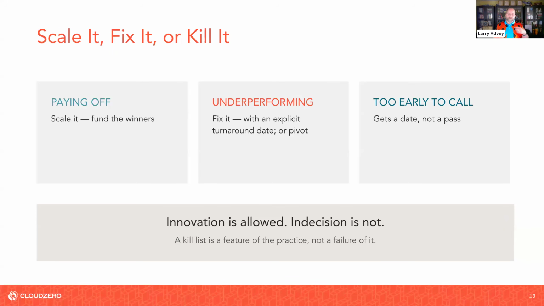At the end of the day, innovation is definitely allowed, right? But indecision's not. I have a shirt that I often wear that says data-driven. That wasn't very data-driven of you. And if you don't have the data, you can't make the decision, right? But you want to allow the level of innovation. And a kill list, effectively pivoting away from something that's not working, is a feature of the practice of the company that you work for, and something we should endeavor to do. Yep, okay, this isn't working, let's do this instead, right? And iterate and have the data and do it as quickly as possible, fail fast.